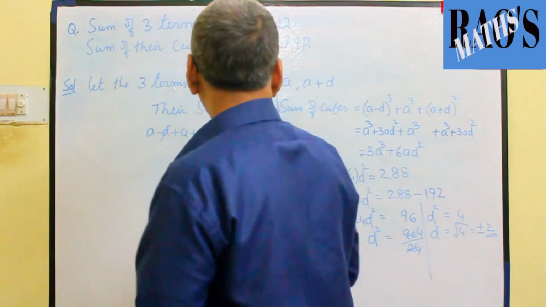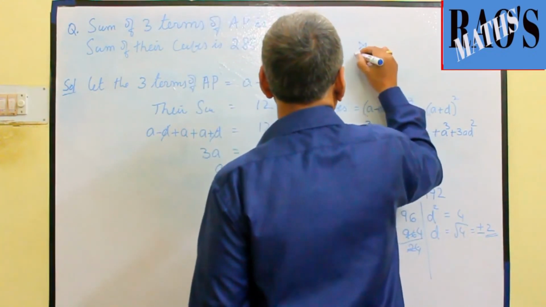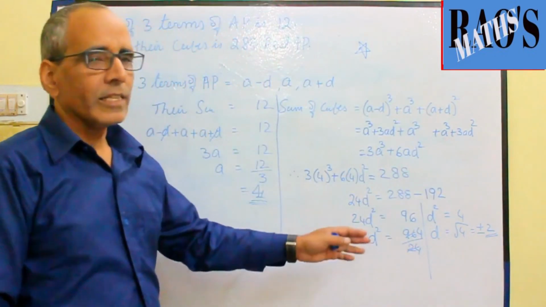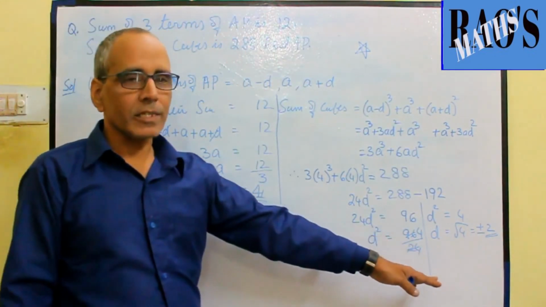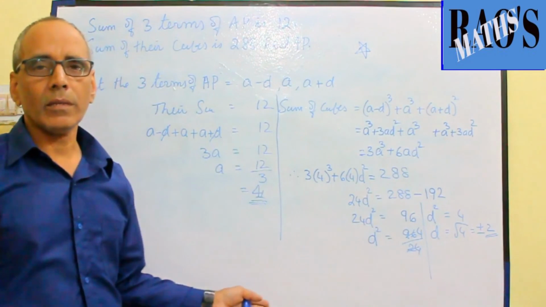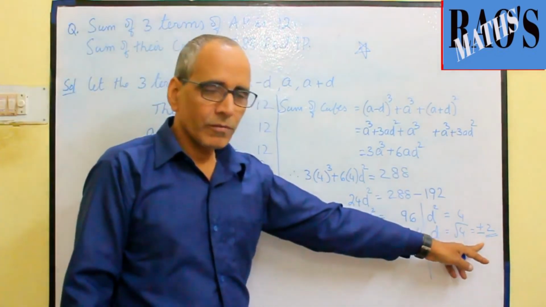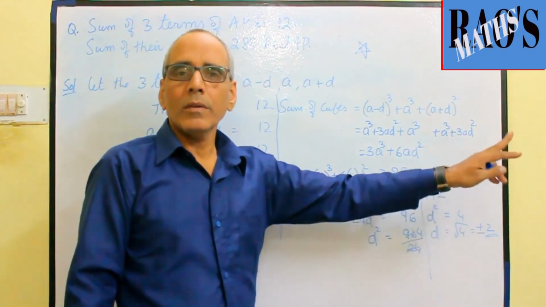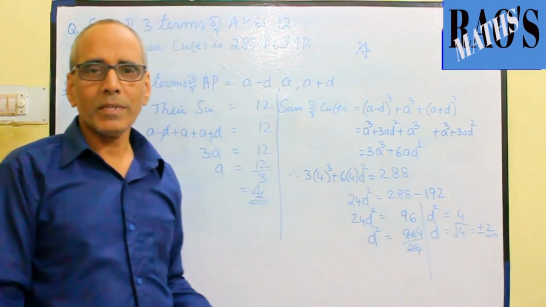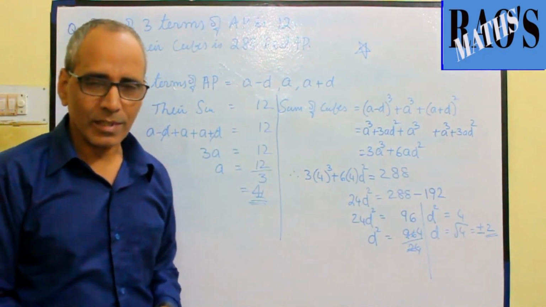This is an important question. Okay. So you can write the AP. Don't end the question here in the test. You have to write both the APs. That is, by taking the negative value of D and the positive value of D, you get 2 APs. That is the end of your answer.